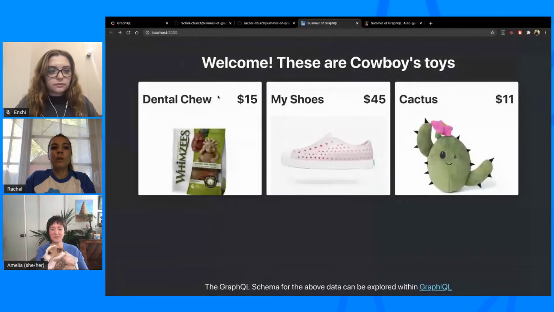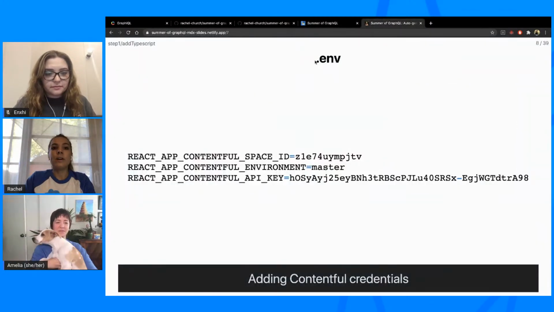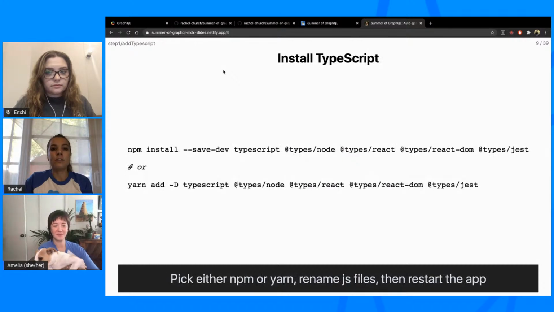So connecting to our Contentful space inside of the sample code, I have a .env file with these environment variables. And so if you're following along, you can leave these the same, or you can change them to use your own content model. It's up to you, but we're going to be referencing these environment variables in the slides going forward. So if you want to check out what we're working towards, we're on branch step 1, add TypeScript. But if you want to just keep following along, you can stay on the master branch